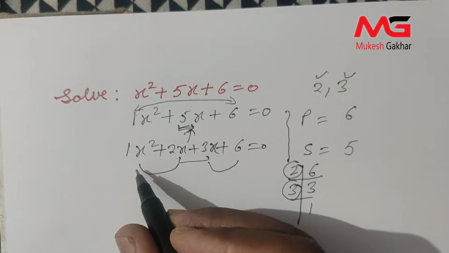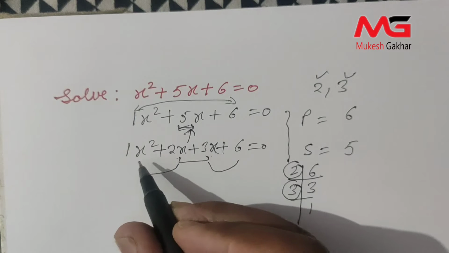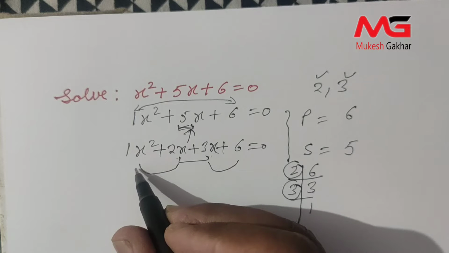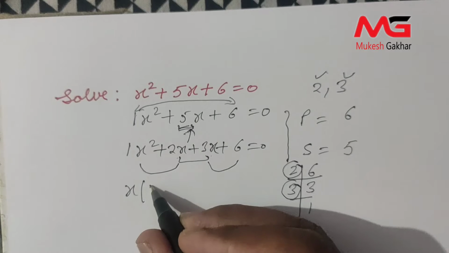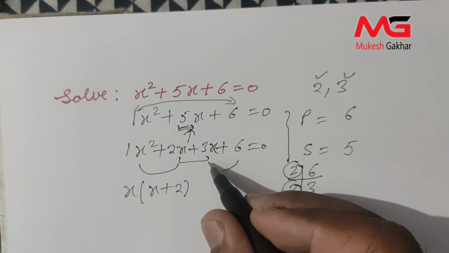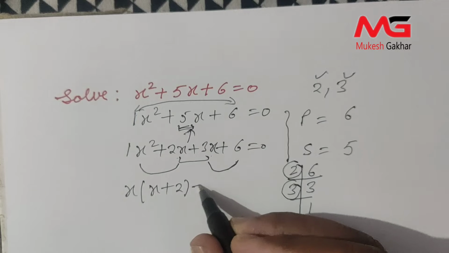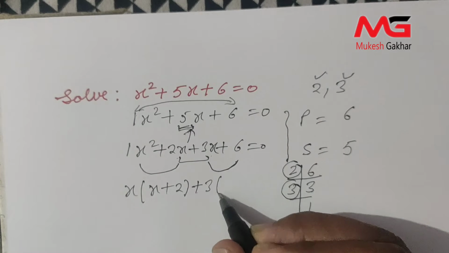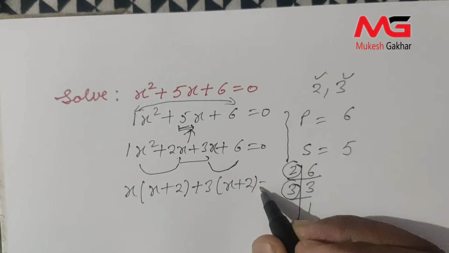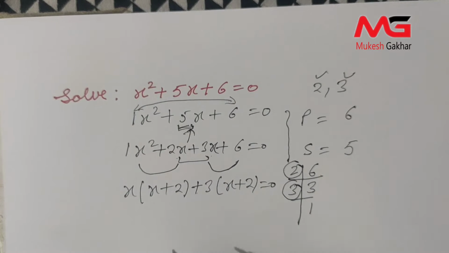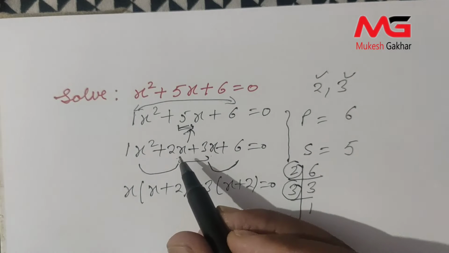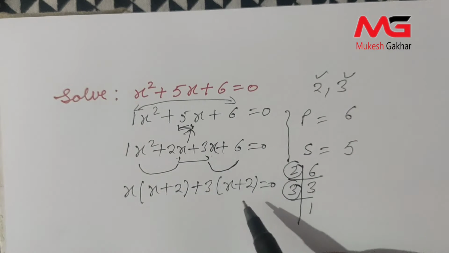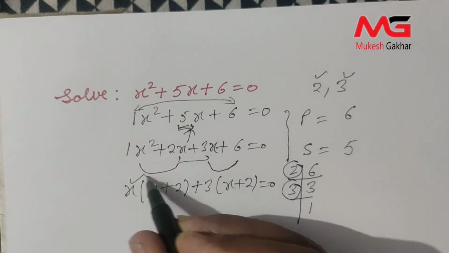So the coefficient of x square is 1 and the coefficient of x is 2, so we can take common. Common will be x. So we can write x plus 2, and here you can find common 3. We can write plus 3. So it will be x plus 2. You can check also: x multiply x is x square, x multiply 2 is 2x, 3 multiply x is 3x, and 3 multiply 2 is 6. After this you can write x plus 3